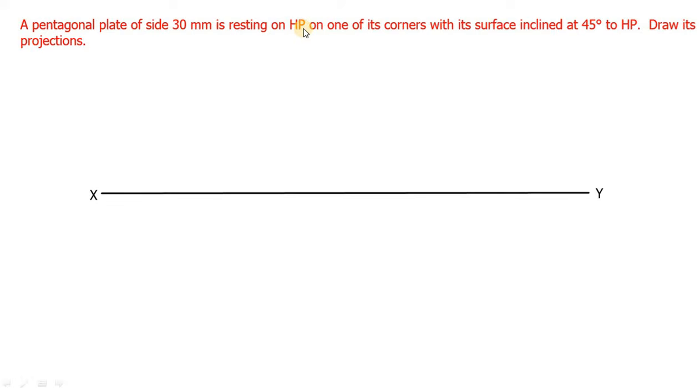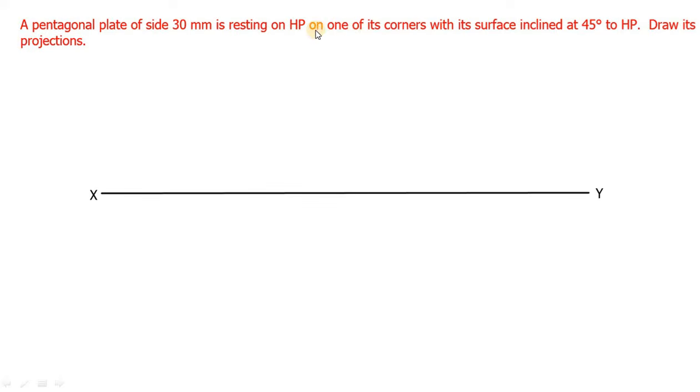If it is resting on VP, then the true shape of the pentagon will get visible on front view. But in this diagram they have asked to draw the pentagonal plate which is resting on HP. So if it is resting on HP, the true shape will get visible on top view.